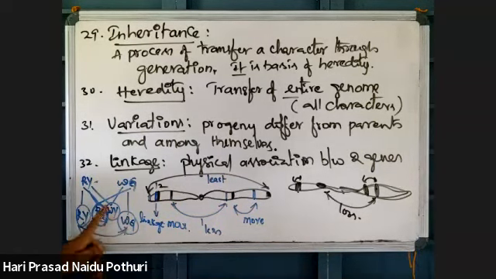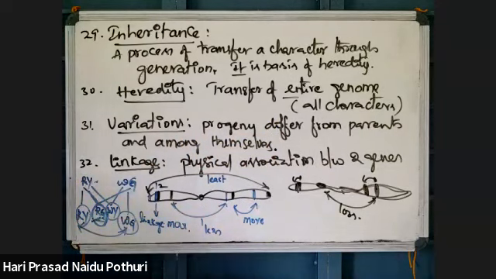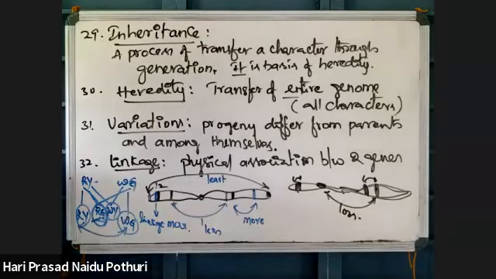Round yellow and wrinkled green are there, but this is a variety or variation: new changes which differ from the parent and which differ among themselves. That is called variation. So this is about the definitions related to the principles of inheritance chapter. Revise these definitions again whenever you have doubts. Almost all definitions we came across, but anything missed is less important, and we will see it in the middle of the lesson.